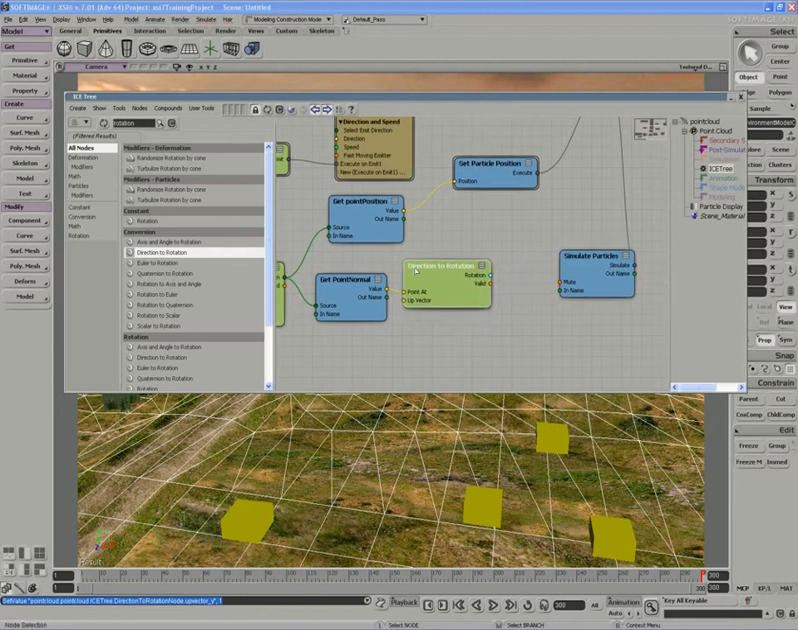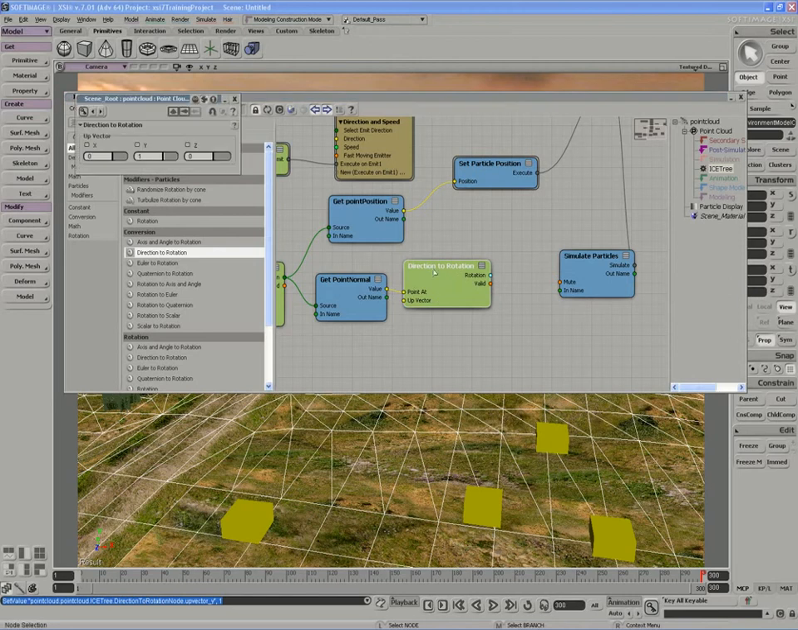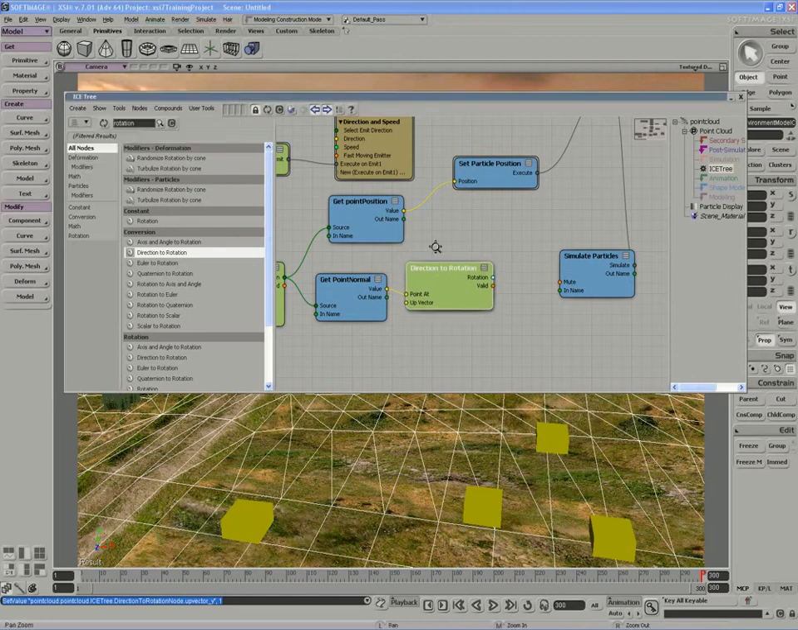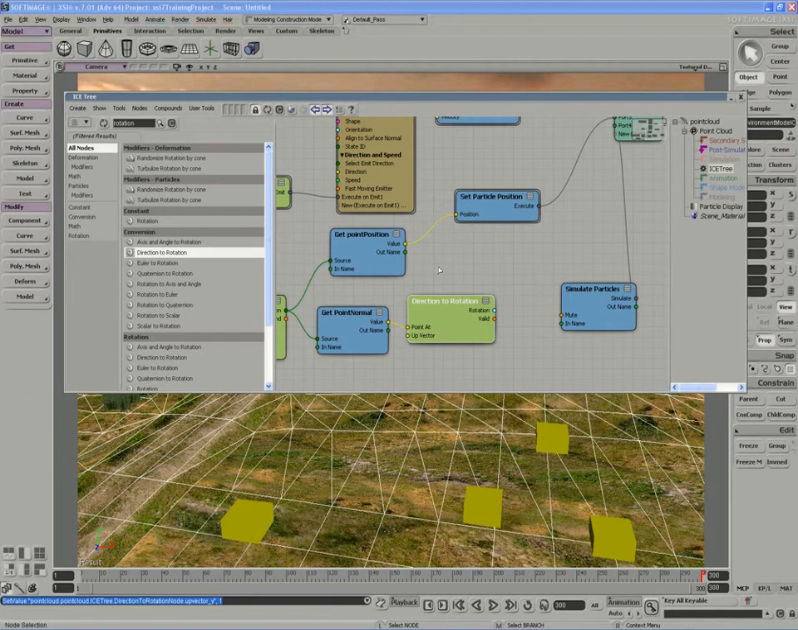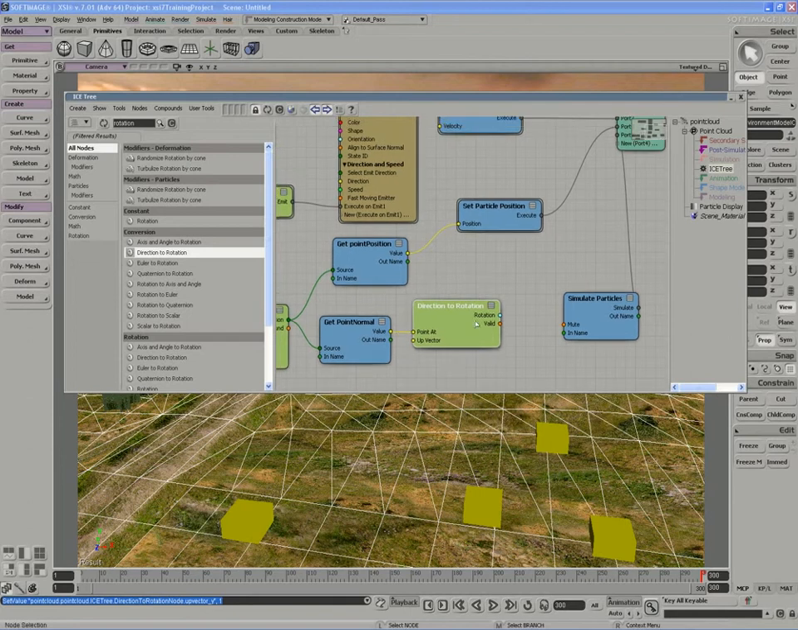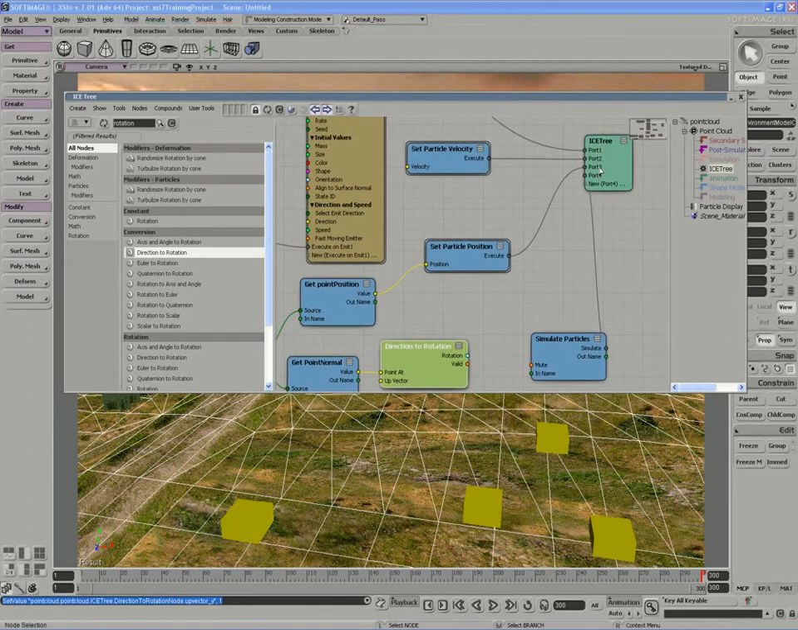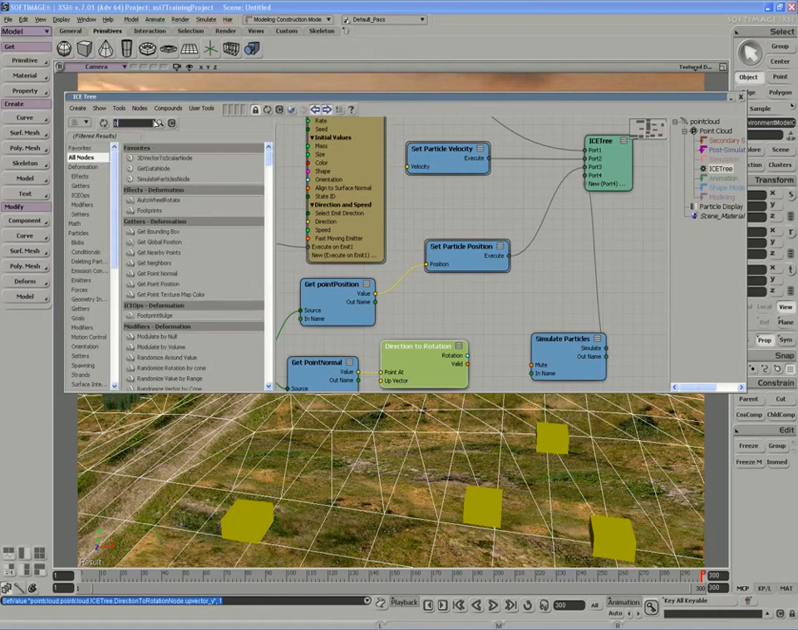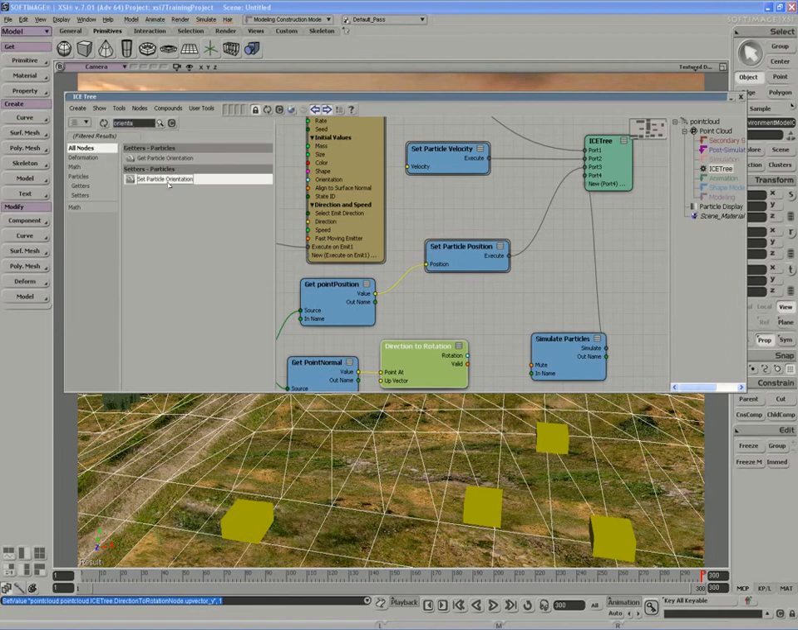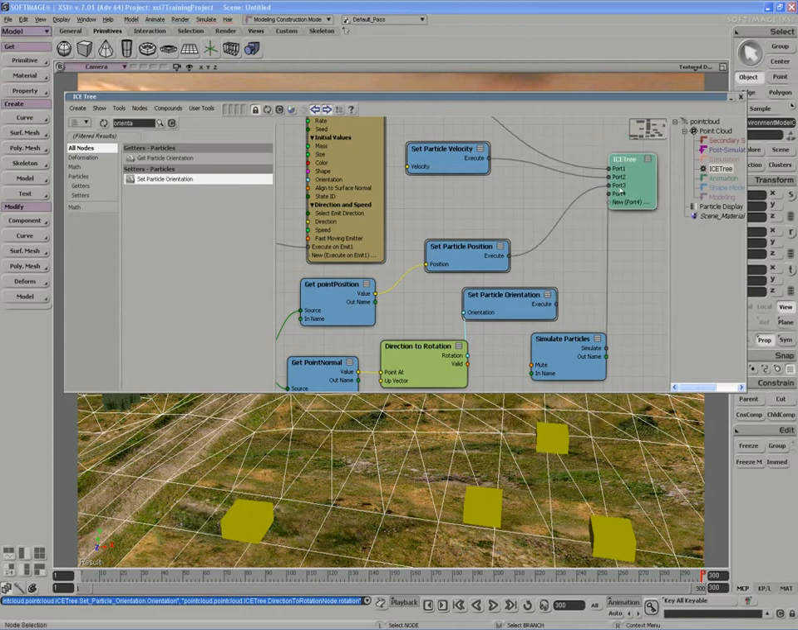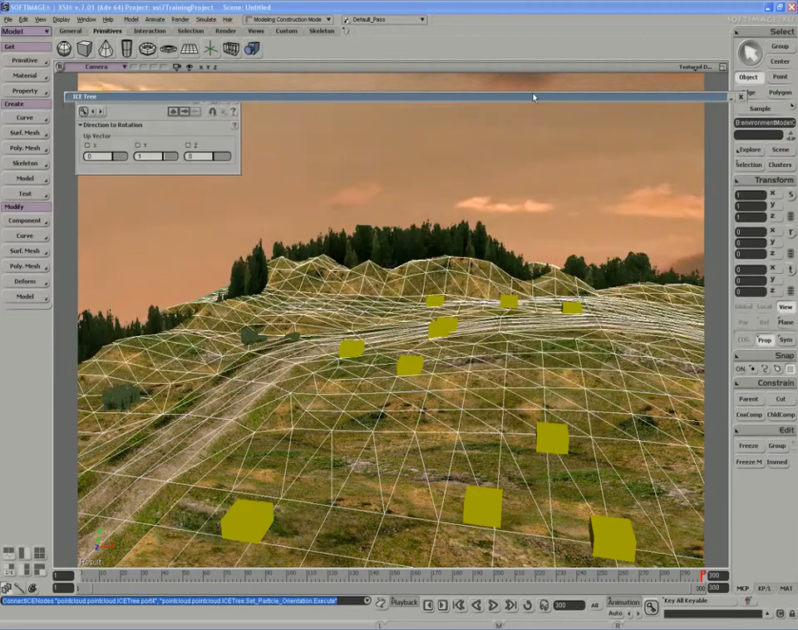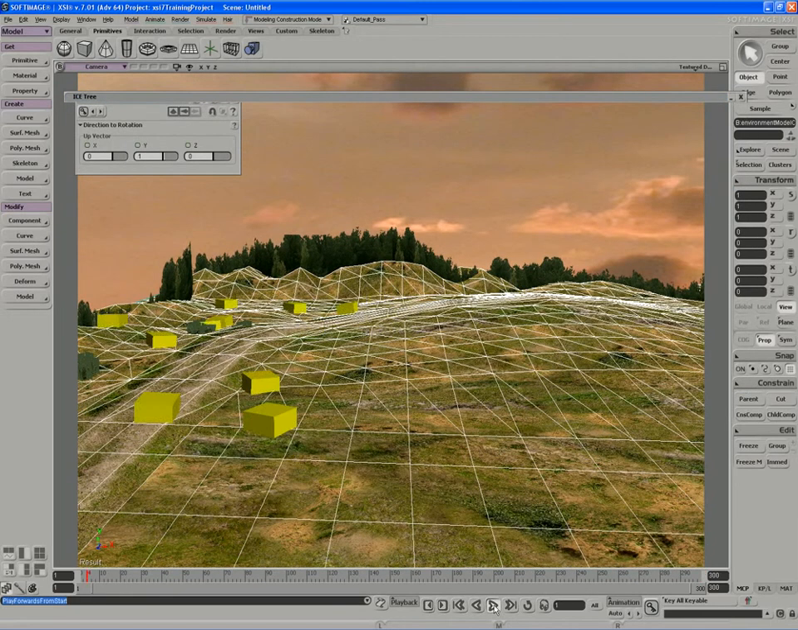I'll convert that, so I've converted a 3D vector to a rotation, which is giving me an x, y, z and an angle that I can rotate around, and now I'll set the particle orientation back on the ICE tree. So I'll plug that into port 4. And if I play now,